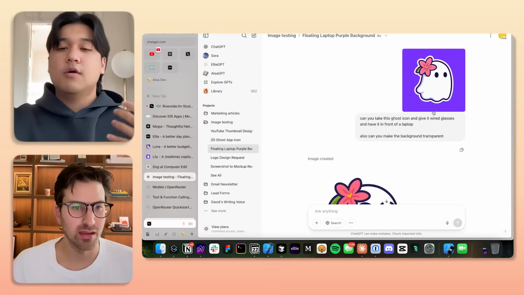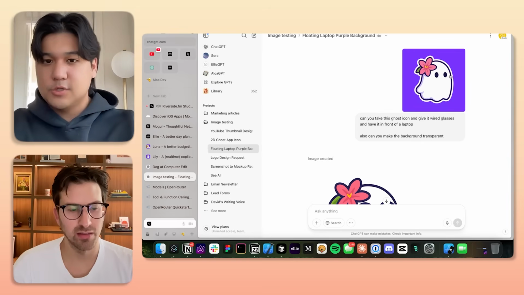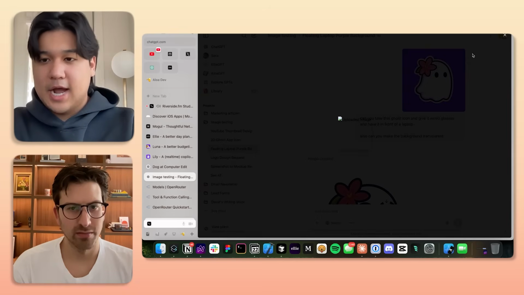And to be honest, I'm using GPT-4o for the asset generation, which kind of surprises people. So let me show you guys what this looks like. For example, for my new app, Lily, which is a meeting transcription tool, this was the character asset that